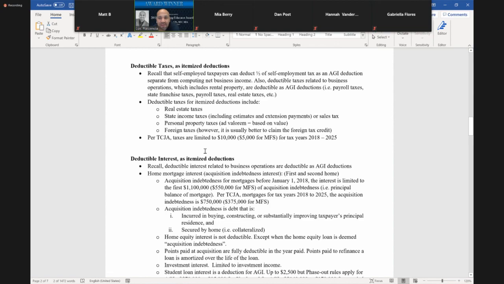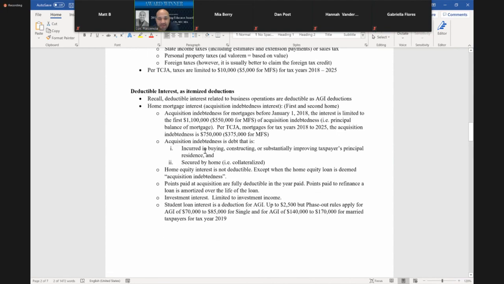Interest. The only interest that you can deduct right now for home is your home equity interest. However, if you have a mortgage on a warehouse that you use for business purposes, then that's a business deduction for AGI, right? If you have a mortgage on a rental property that's 100% rental, deduction for AGI, not from AGI. Again, when it's a personal item, it's deduction from AGI, itemized deduction. That's what we're going to talk about today. So what is a home